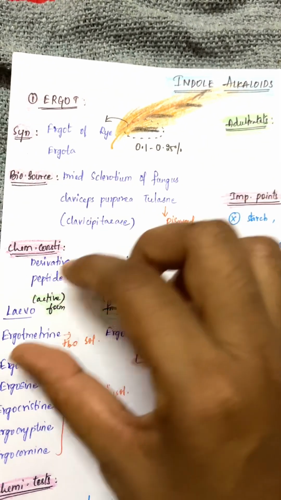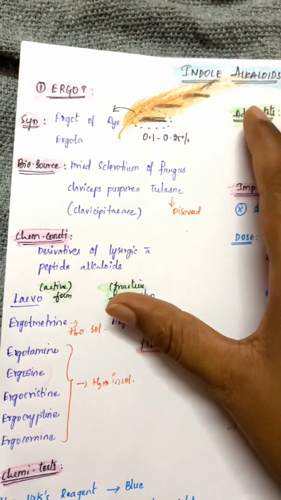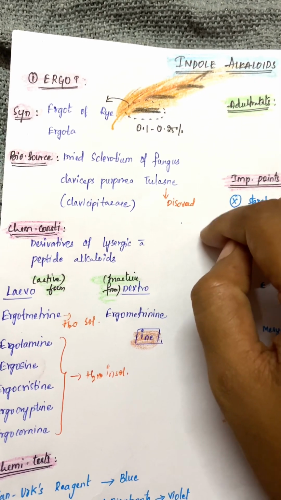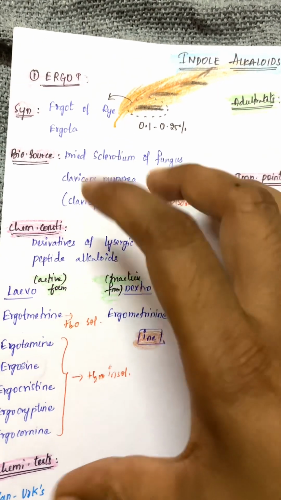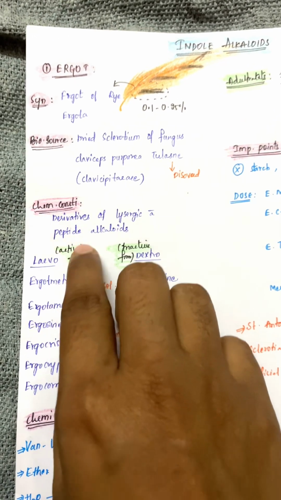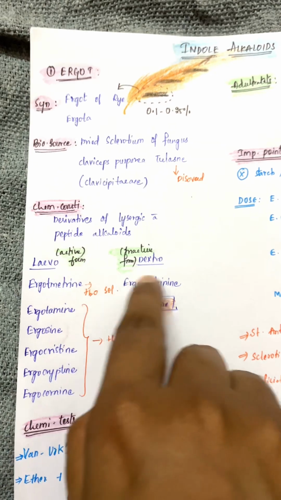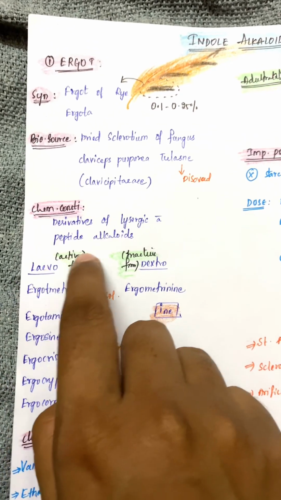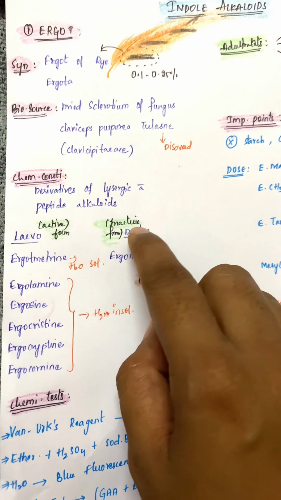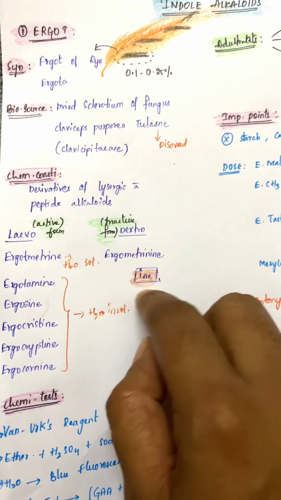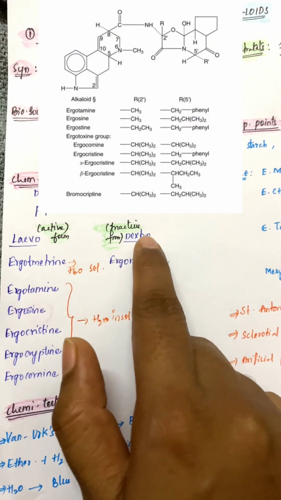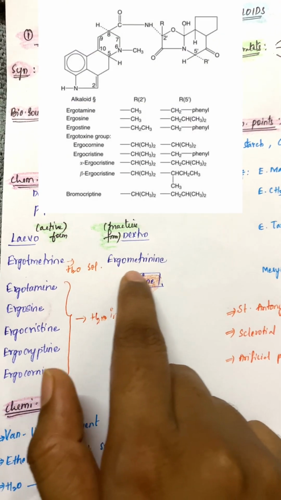Now what are the chemical constituents in this ergot? These are the derivatives of lysergic acid and peptide alcohols and other ergot main chemical constituents. Now these ergot chemical constituents are both in levo and dextro forms. The levo forms are active forms and dextro forms are inactive forms. Generally the dextro forms have the suffix ending with "ine", okay. So levo is ergometrine, so dextro form is ergometrinine,